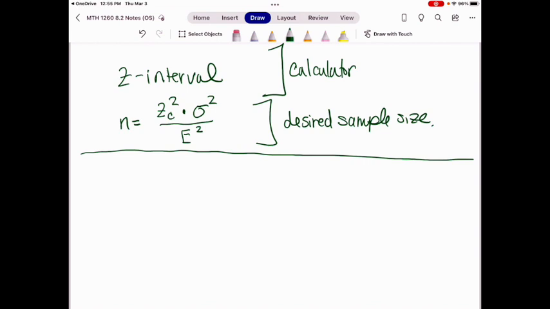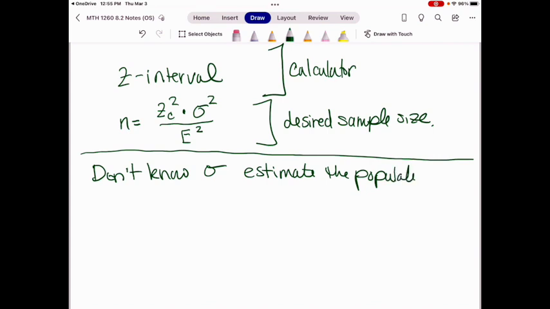But if you don't know sigma, and you use s to estimate it, then the normal distribution doesn't work out so well. So when you don't know sigma and you're trying to estimate the mean, then you want to use what's known as the student's